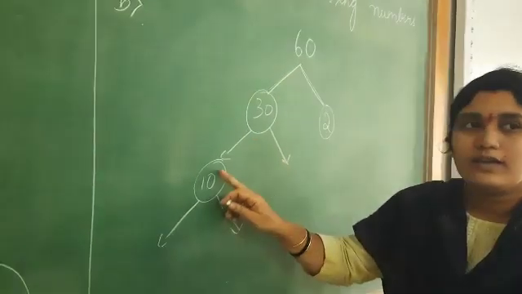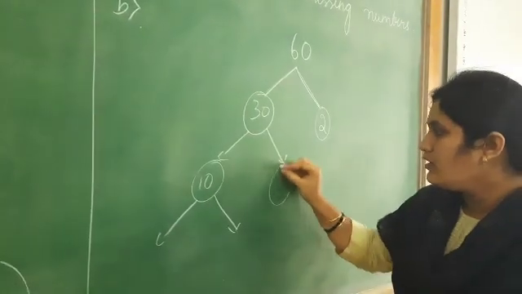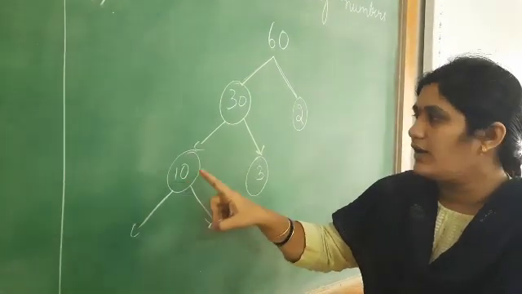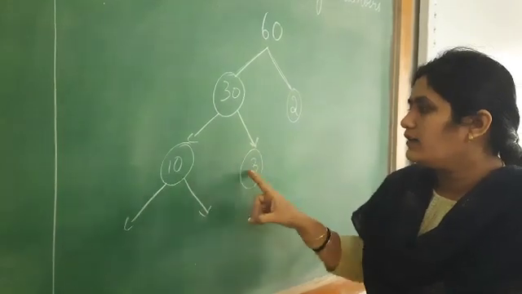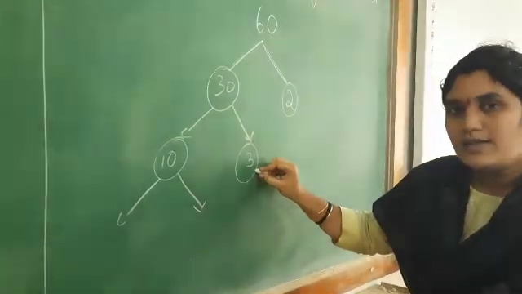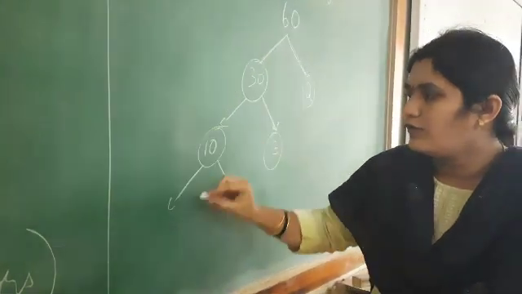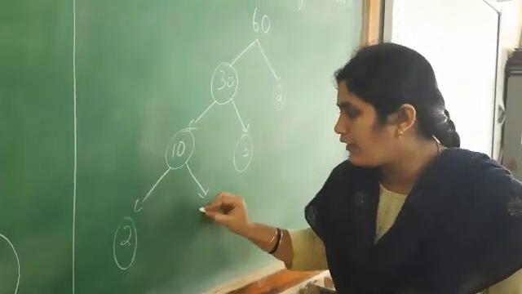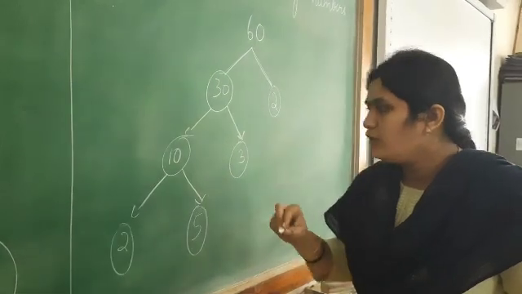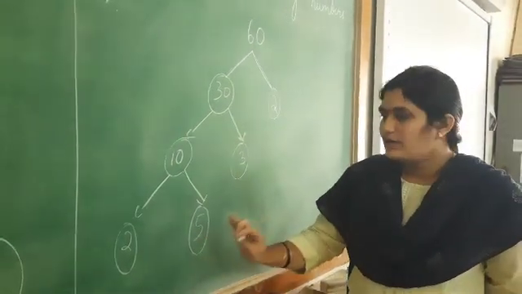of 30. 30 can be written as 10 into 3. Already 10 is given here. 10 how much are 30? 10 3s are 30. Now as 3 is a prime factor, stop here, move to 10. Now the factors of 10 are 2 into 5. Now both are prime numbers, let me stop here.